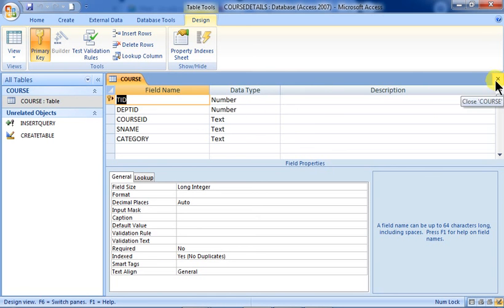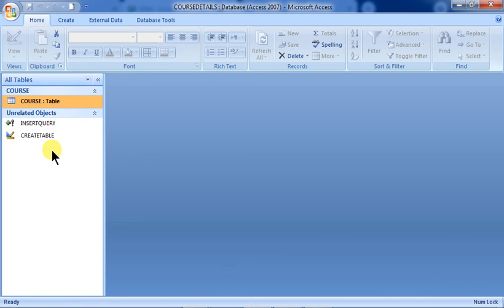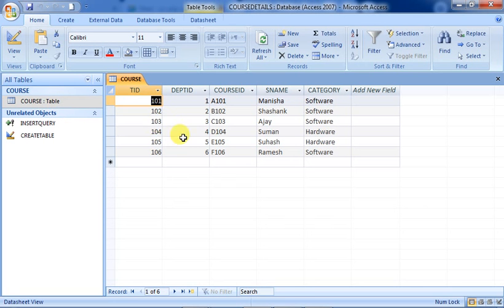All right, so this we have done by using the SQL query, that is the Structured Query Language. The insert and create we have done. Now we will learn how to update the tables, how to update any data in the table. So first of all, let us see the table once. Which data is to be updated?